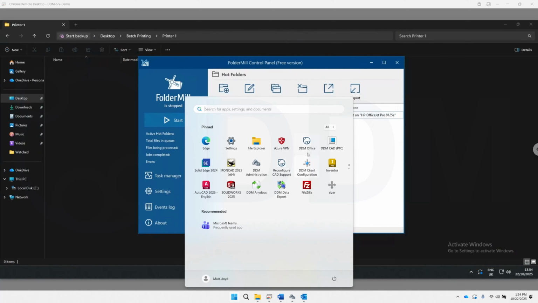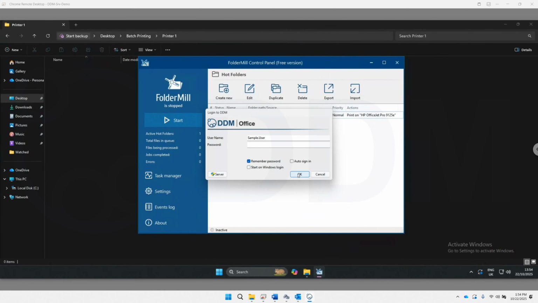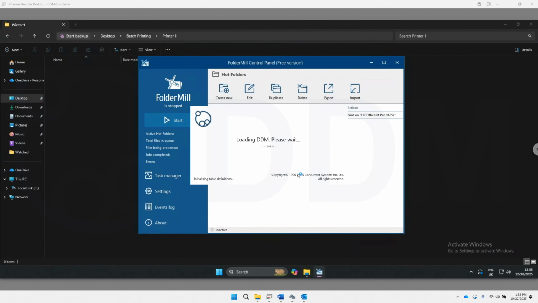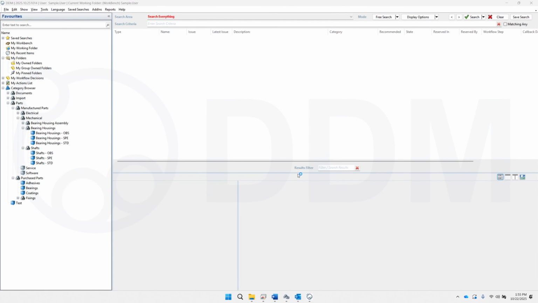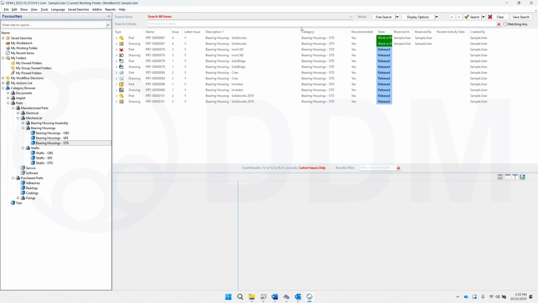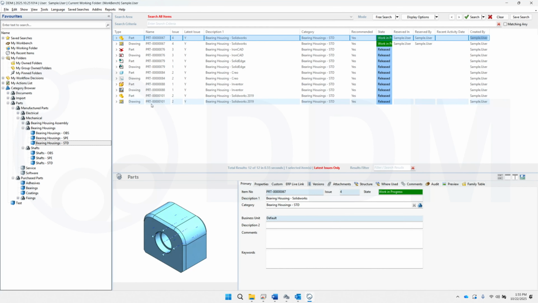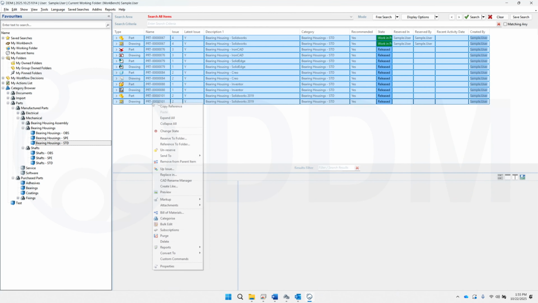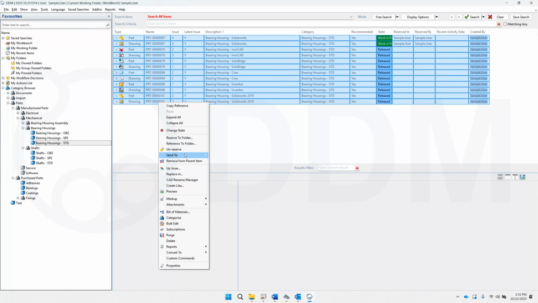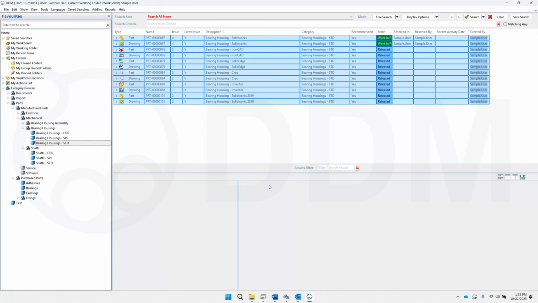If we now head over to DDM Office, and we navigate to some of our files, I can use multi-select to select a number of files, and under the right-click menu in Send To, we have our new batch print option, and here we have our available batch print profiles. So if I select the engineering batch print,